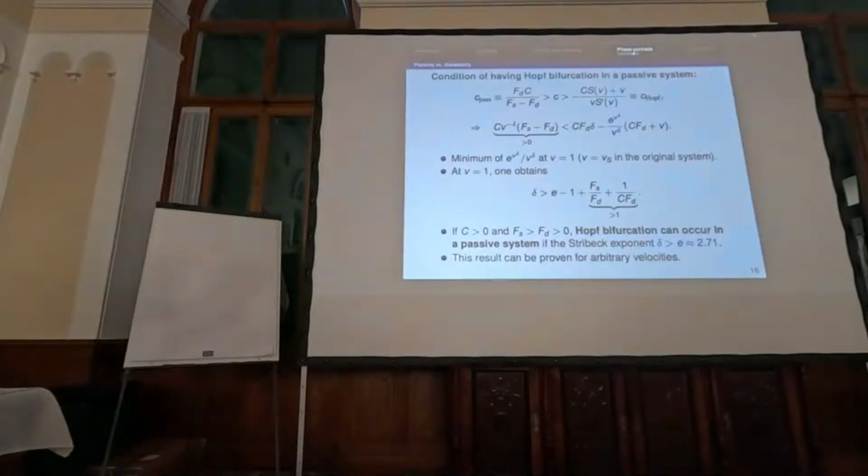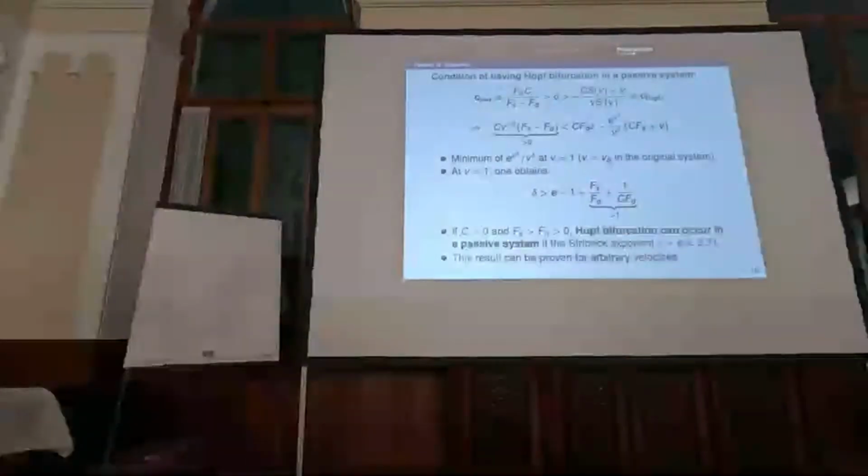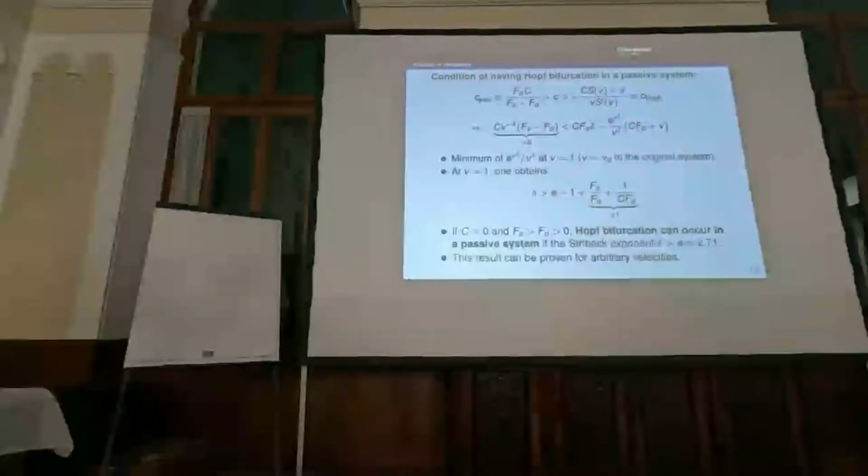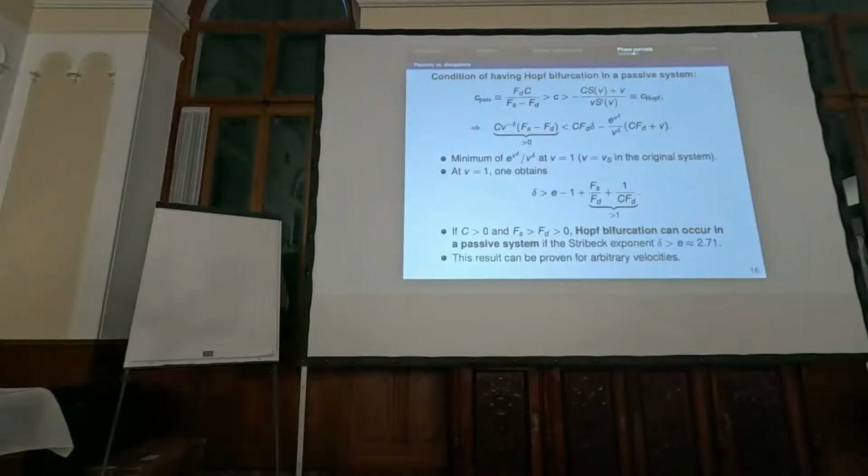This inequality can be expressed like this. The left-hand side is positive, and the question is, can the right-hand side be positive or not? So this expression is the critical one, since the exponential function can grow very quickly. And it is easy to see that it has a minimum at v equals 1. And if we substitute v equals 1, we obtain this inequality, which basically means that Hopf bifurcation and limit cycles